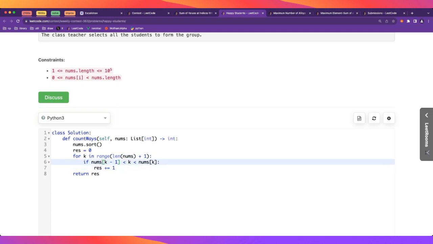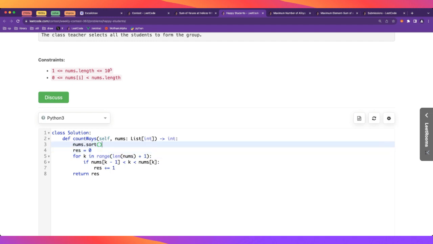But there is a little problem here that K at the beginning is 0, so here we're accessing -1, and here this can be len of nums. So in both cases, at the extremes, you're going to have an index out of bounds,